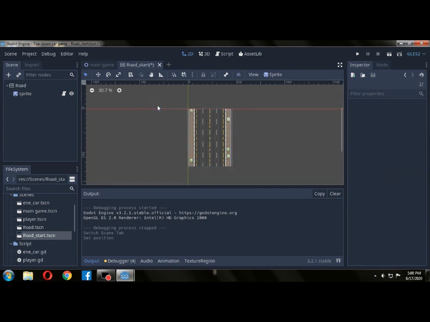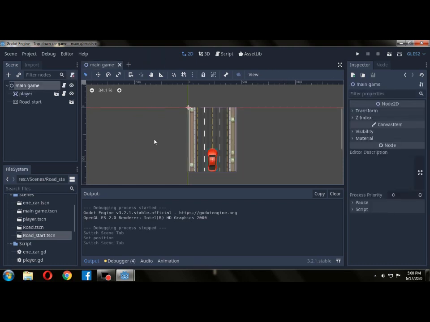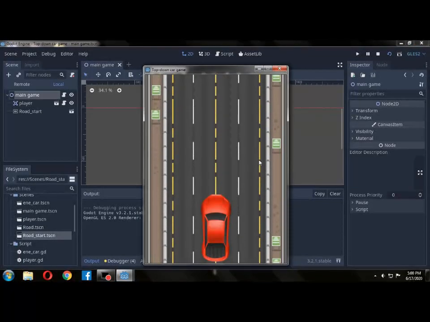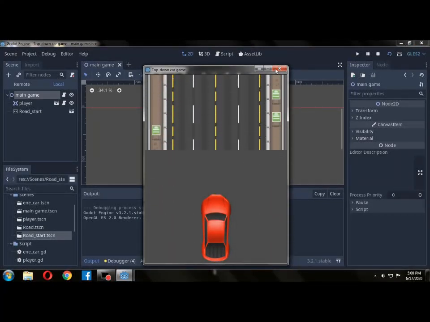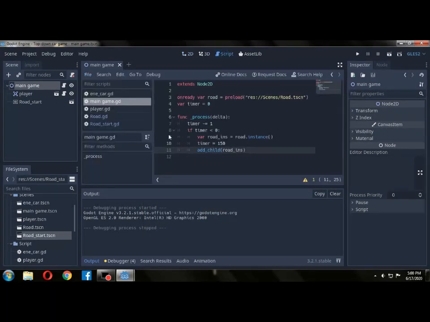Now you can see the progress is unsaved. By Control S you can save. Now you can see there is not much problem here. The road comes and it goes out. Just follow me to solve this